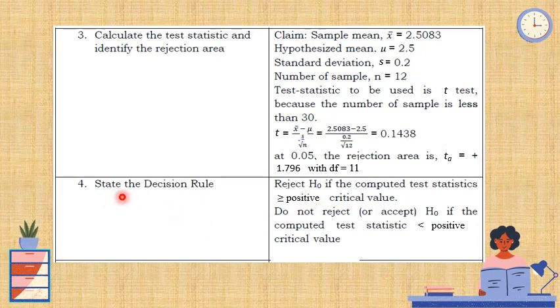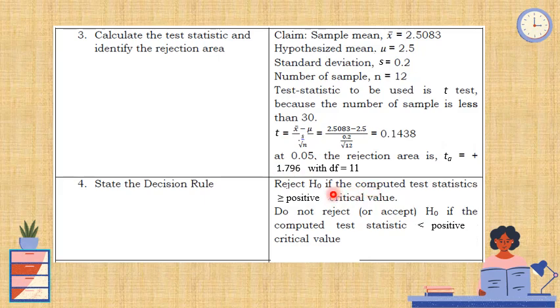And then, step 4, state the decision rule. Whether to reject or not to reject. Sabi kasi dito, reject the null hypothesis if the computed test statistic is greater than or equal to the positive critical value. Kasi positive, sa right side itong ating critical value, no? So, kapag siya ay greater than or equal to 1.796, we will reject the null hypothesis kasi pasok siya sa